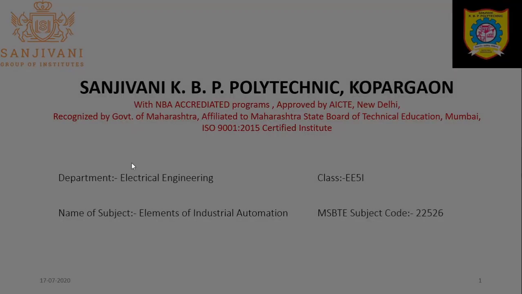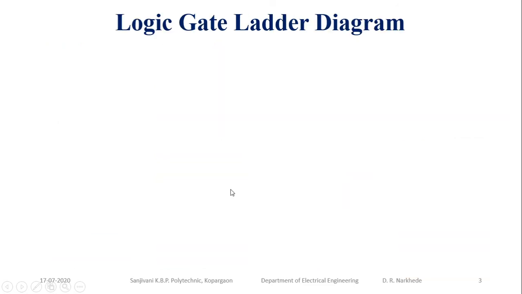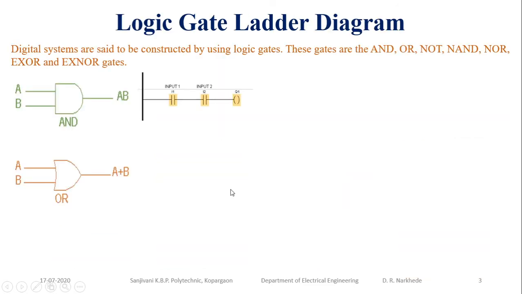In the same manner, now we will discuss the OR logic. What happens in OR logic? In AND logic, the switches are connected in series. In a series connection, only when all the switches are on is the output on. So this AND logic can be used for what purpose? For safety purposes.